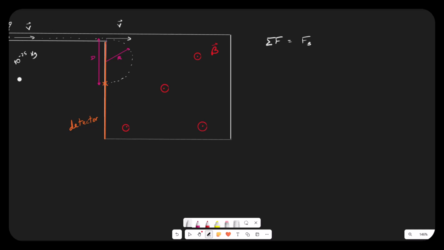Comparatively, my magnetic forces are going to be huge. Even if my magnetic force is only 10 to the minus 10th newtons, that's 14 orders of magnitude higher. That gravitational force just doesn't factor in. It barely qualifies as noise. So my magnetic force is my total force, which is